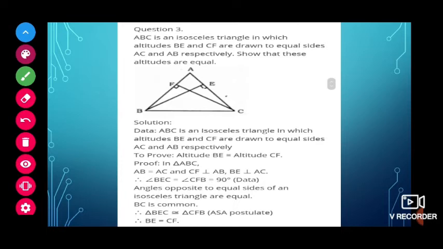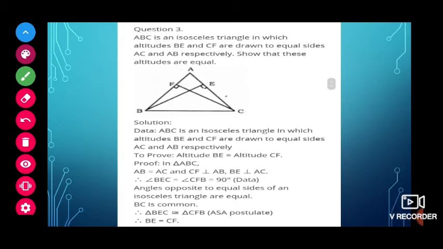Question number 3. ABC is an isosceles triangle in which altitudes BE and CF are drawn to equal sides AC and AB respectively. Show that these altitudes are equal. Here we have to show,